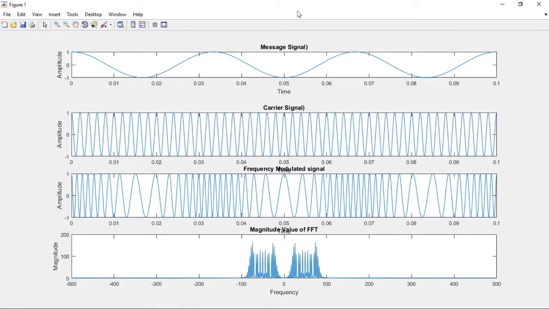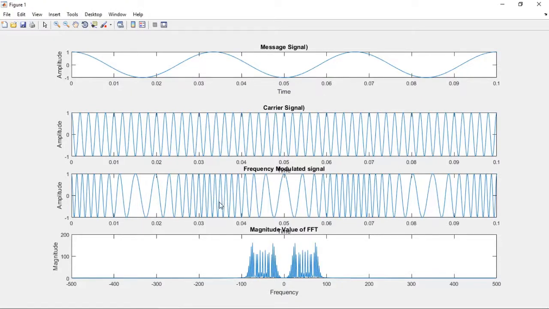So we can observe clear variations in the carrier. There is a large deviation, low frequency to high frequency. This is the point where the message signal has lower amplitude, where the cycle has low frequency. Low frequency means high duration for this particular cycle. And this is the point where message amplitude is higher, high frequency, where the duration is small. So the deviation is more from lower frequency to higher.